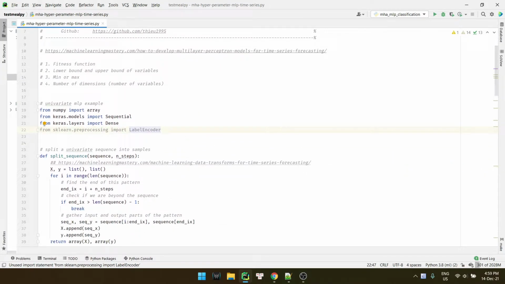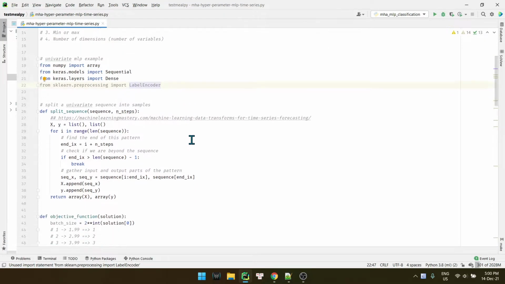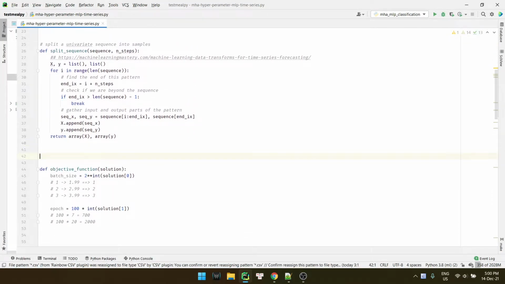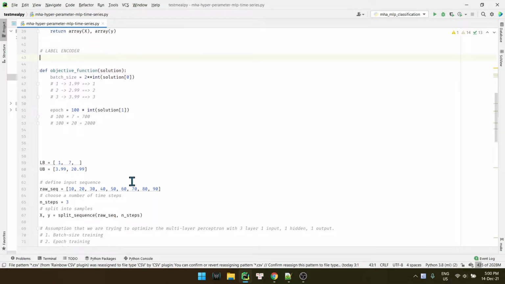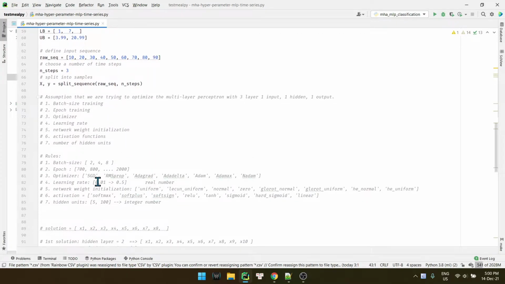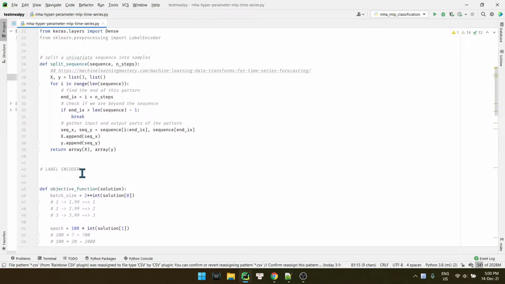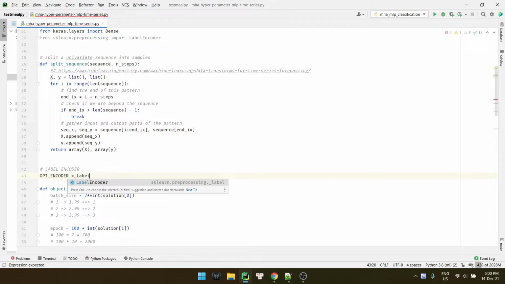So let's make a label encoder right here for the optimizer, an optimizer encoder. It should be LabelEncoder.